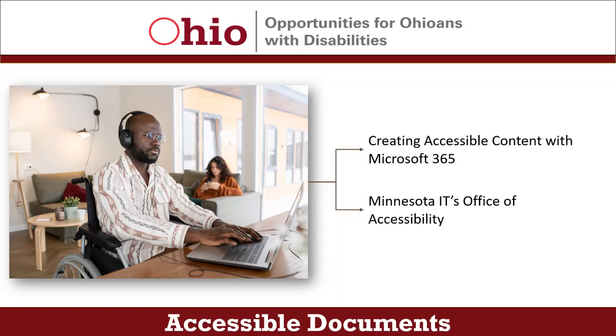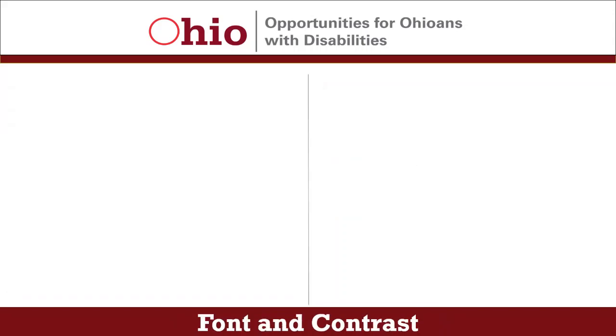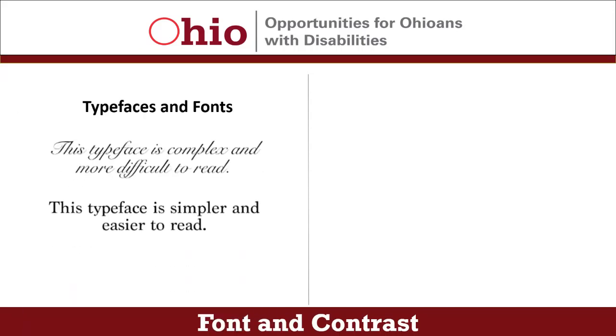Julie, these sound like great accessibility resources employers can offer to all employees. What about features like font style and color contrast? Kelly, there are a couple of resources available at no cost from WebAIM, which stands for Web Accessibility in Mind, and it addresses fonts and color. The first is called Typefaces and Fonts. This resource addresses ways to improve the readability of fonts.